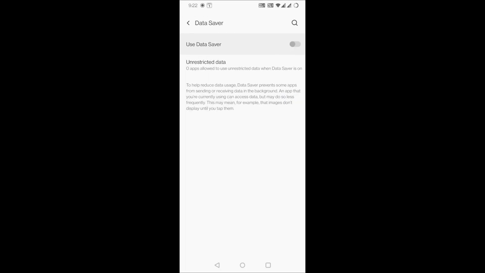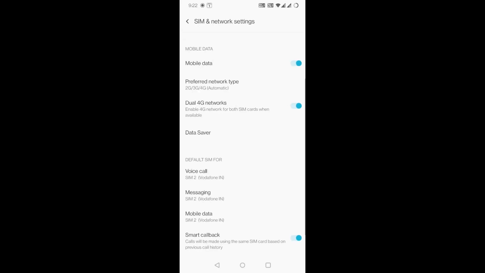And the data saver. We can use data saver so that it will save the data. It will restrict the background applications running. The data is always saved. We can enable and disable this one. Going back,